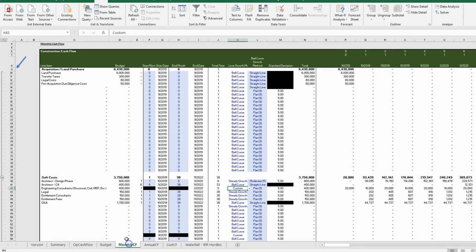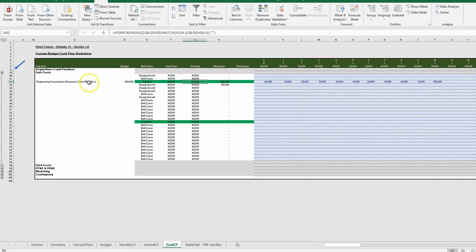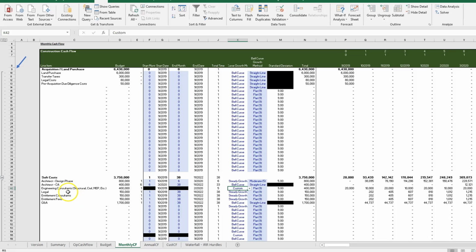So we'll come back into our monthly cash flow. That red has disappeared, and our budget's now equaling both. So again, what I'm going to do is make our legal budget custom, and you'll see it come in to the custom cash flow tab. So we'll say custom,